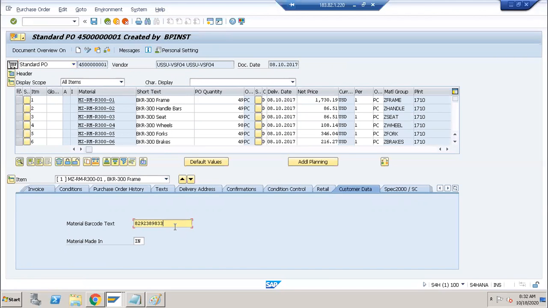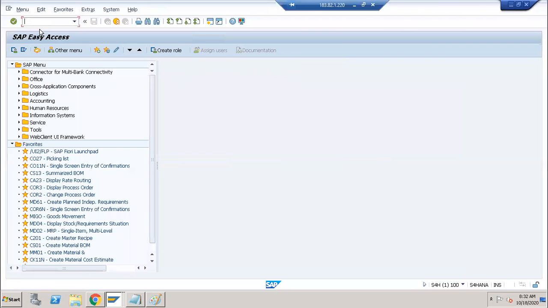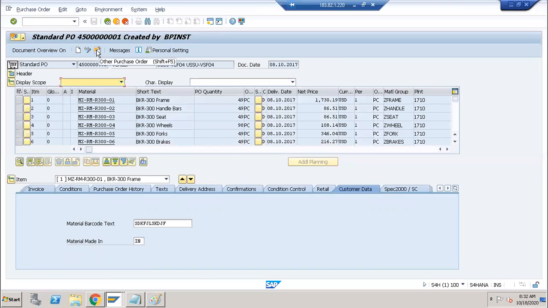I am giving some name there, something. Click on the save button. So it is saved. If you go to ME23N, the same thing is coming here, right? So the data is coming like this. If you have doubt, then you can check the EKPO table by providing